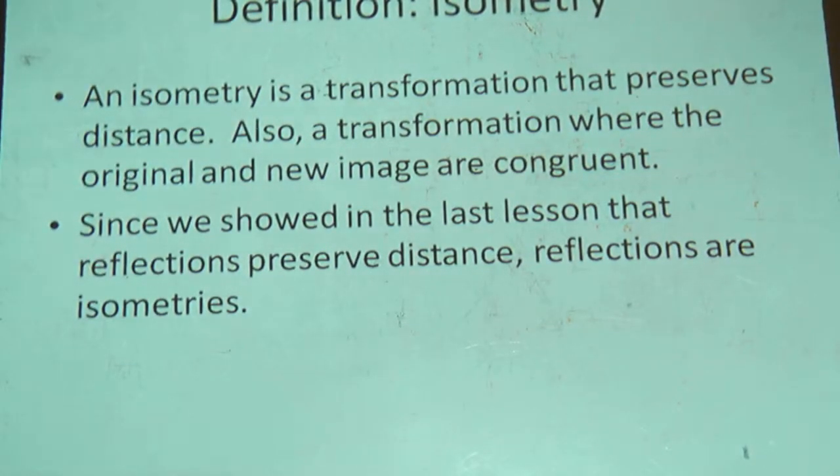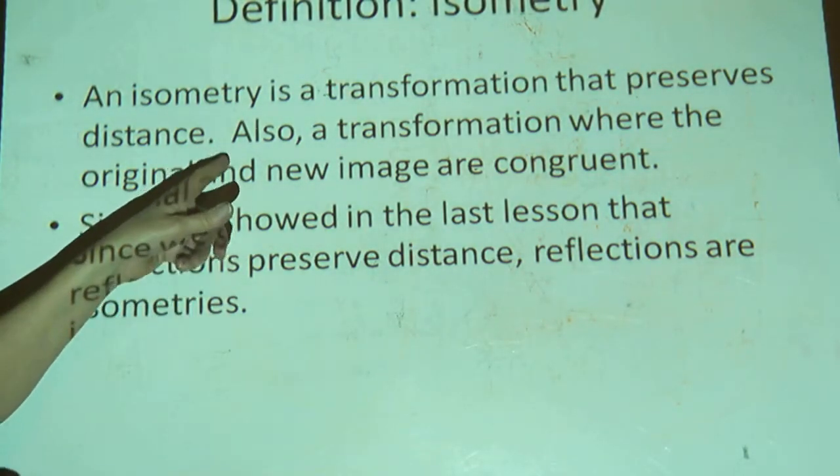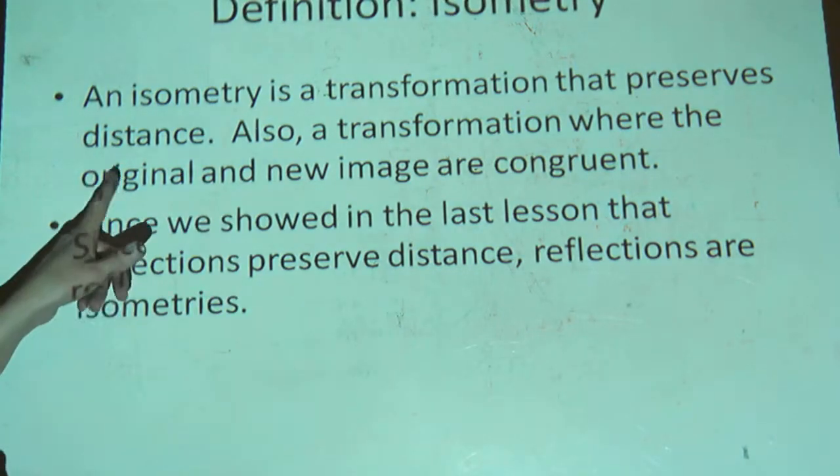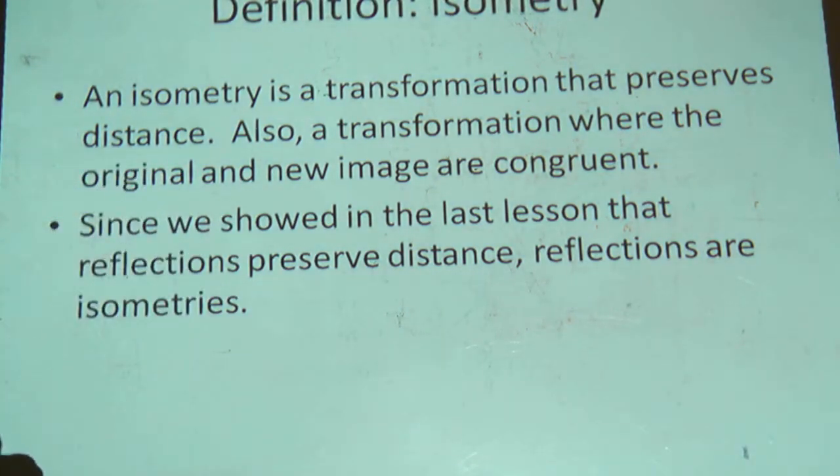An isometry is a transformation that preserves distance. That's the definition in the book. I'm going to show you a video in just a minute too. And the video says that it's a transformation where the original and the new image are congruent.